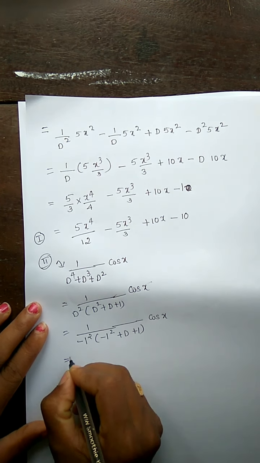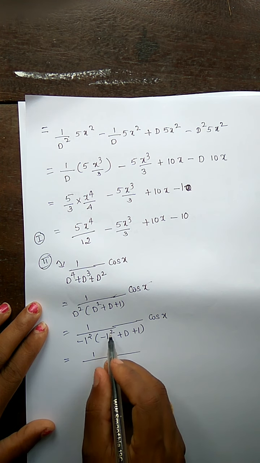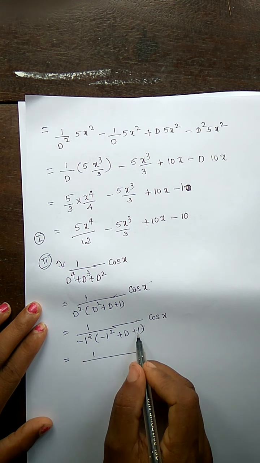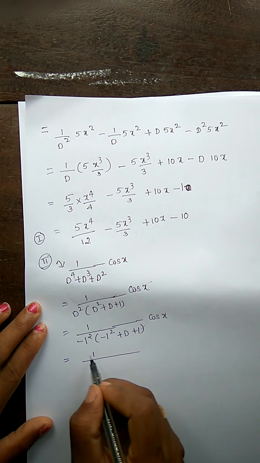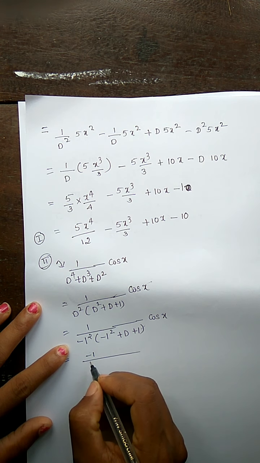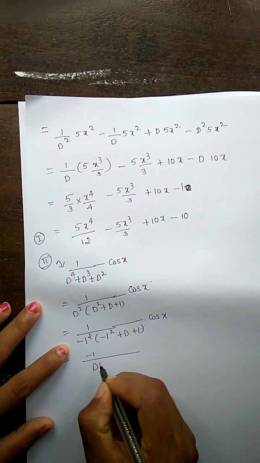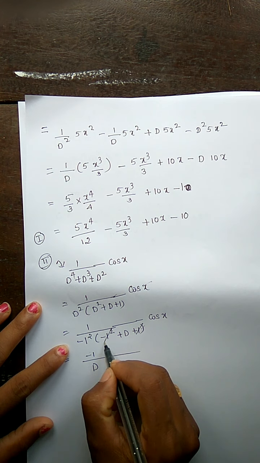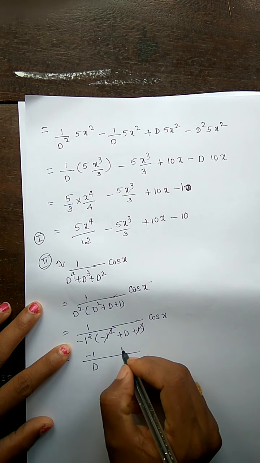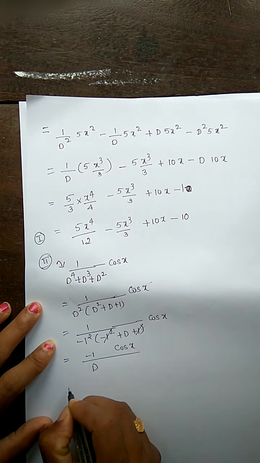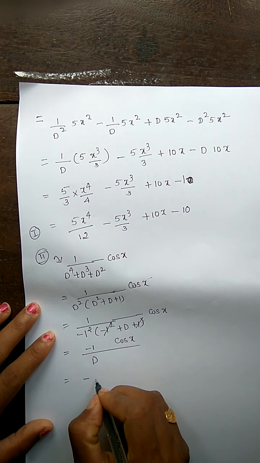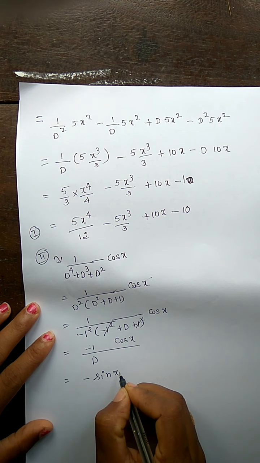So that is equal to again 1 by minus 1 square plus 1. So that gets cancelled, and I will write this minus 1 square here it is. So I will write here minus 1. That divided by, we are left with here d only. So this one and this one will get cancelled. Minus 1 square. So that is minus 1 only. So I will write that in the numerator. So 1 by derivative into cos x. So that is equal to minus 1 by d into cos x is minus sin x. Integration of cos x is sin x.